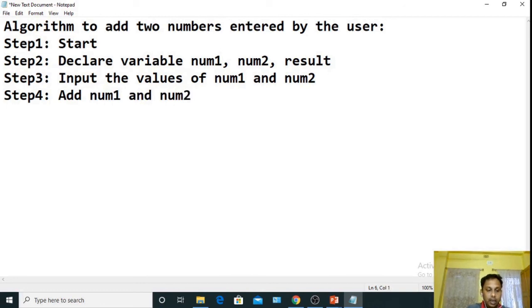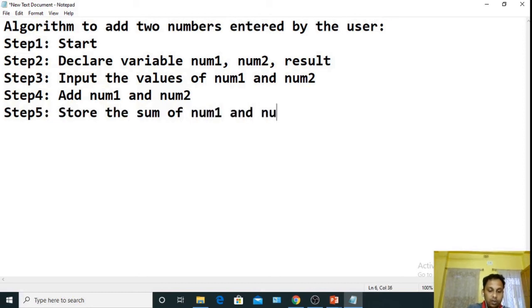In the next step, step 5, we will store the sum of num1 and num2 in the result variable.